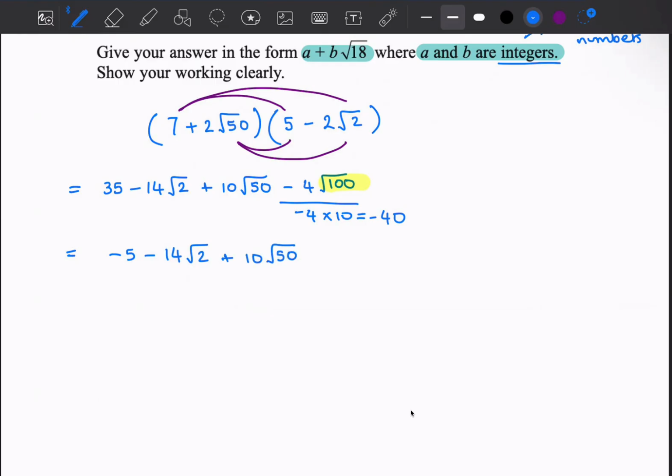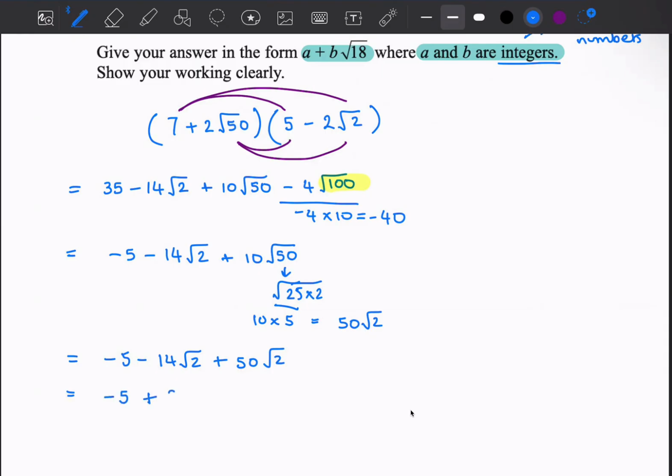Now we want to put the root 50 in a way so that we have both the surds the same. So root 50, we can do root 25 times 2 gives us 50, right? So then root 25 we know is 5. 5 times 10 is 50. So that then simplifies to 50 root 2. And so we have minus 5 minus 14 root 2 plus 50 root 2. If we do that, we get minus 5